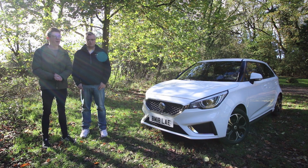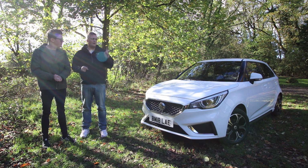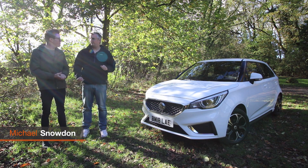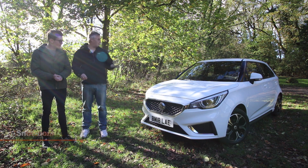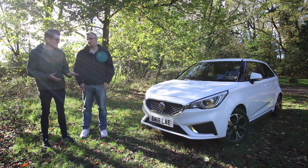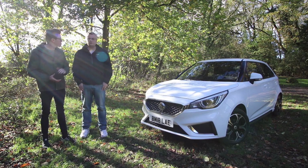Behind us is the new MG3. You probably also recognise the location, and that's because, well, is it a year ago or around that? When we reviewed the previous one in bright yellow. This time they've given us a white one, and it's the Facelift. Look, 2018 version. You basically get the new front end, the new back end, and a new dashboard, and lots